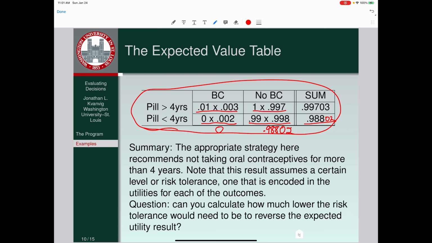This number is 0.00, how many zeros do we have to go out? We need 4 zeros. Very tiny numbers, so you add this one and add this one. That's not quite right. You gotta have a few more zeros, right? In any case, you'll get roughly 0.997 for the top and 0.988